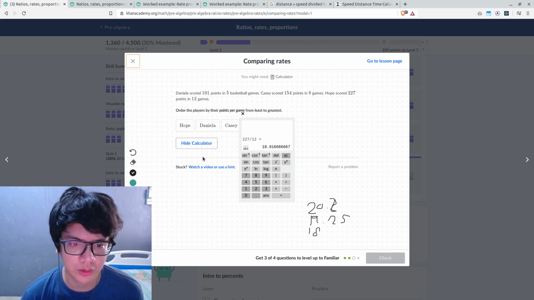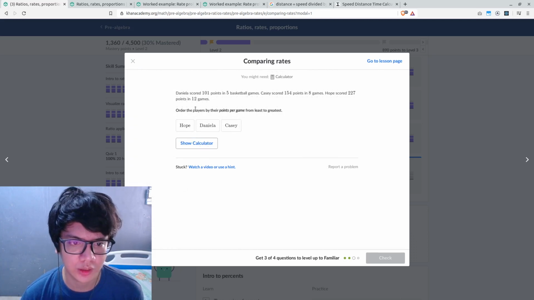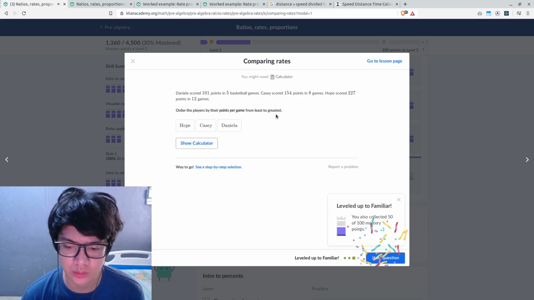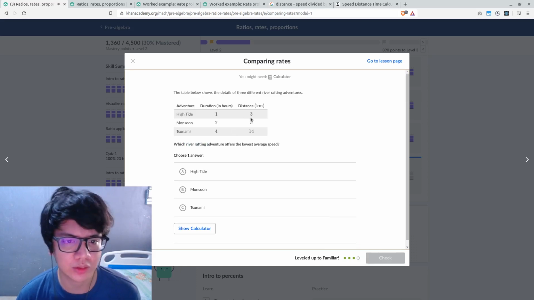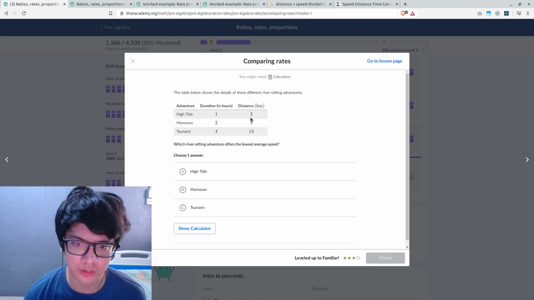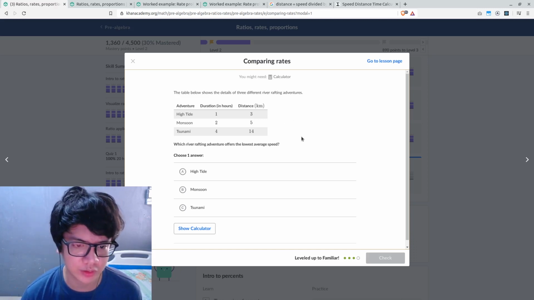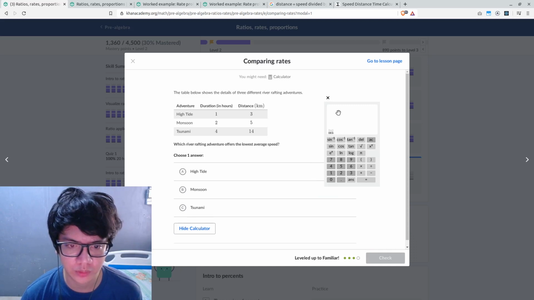Wow, okay. So Daniela scored the most. The table shows the details of 3 different river rafting adventures. Which river rafting offers the lowest average speed? Oh my god. So we have